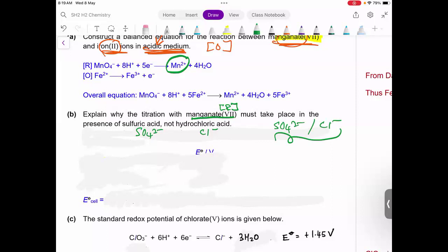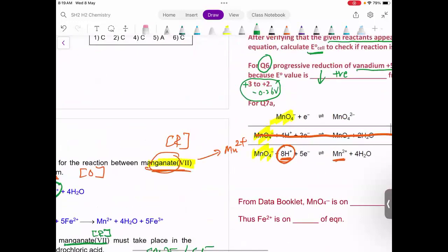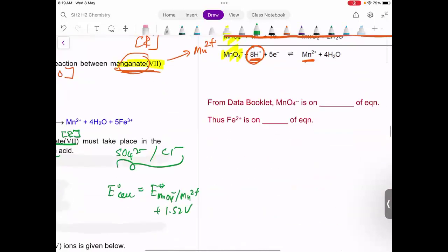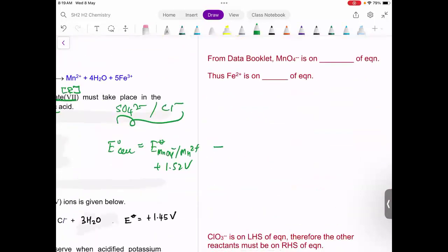Do you manage to find sulfate and chloride on the right side of the half equation? Okay, if you manage to find that, then your E0 cell will simply equal the E0 of your manganate(VII) to manganese 2+, which is a positive 1.52, according to what I remember just now. Yep, positive 1.52. Then minus away the anode